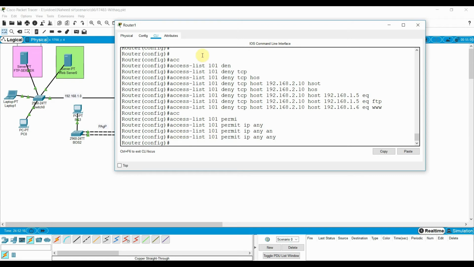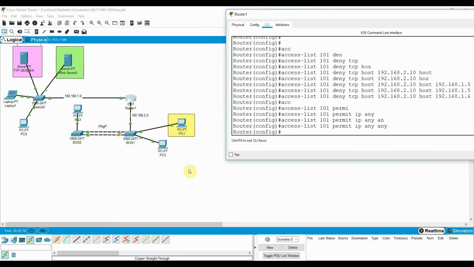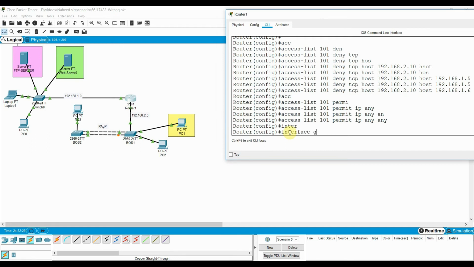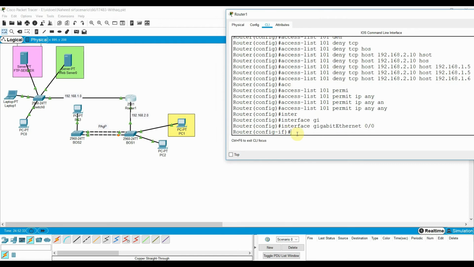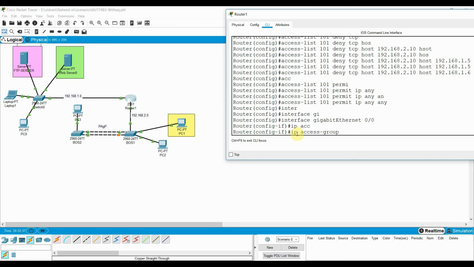We need to apply this access list near the source. Extended access lists are always applied near the source. So this is the source interface, gigabit 0/0. What I need to write here is ip access-group 101 in.